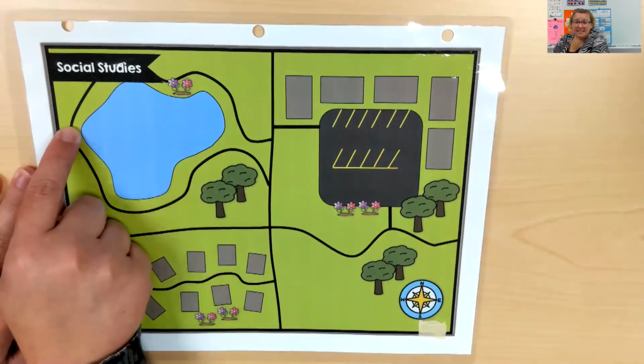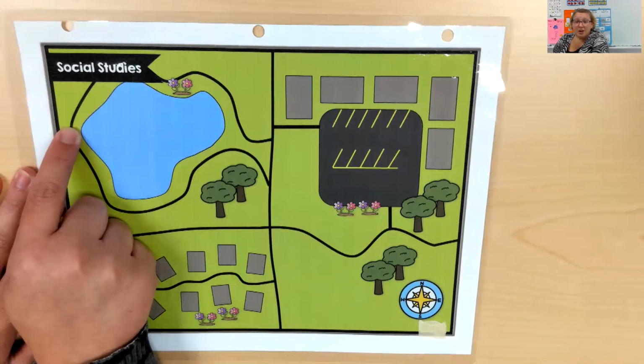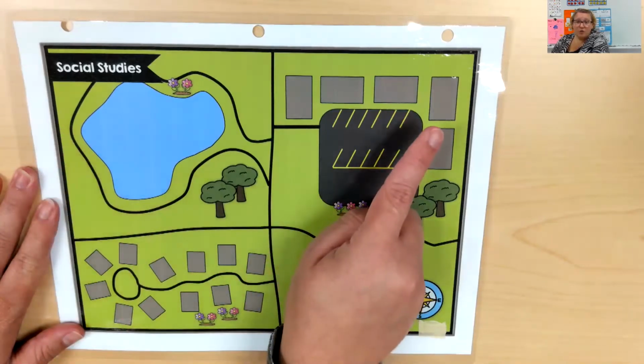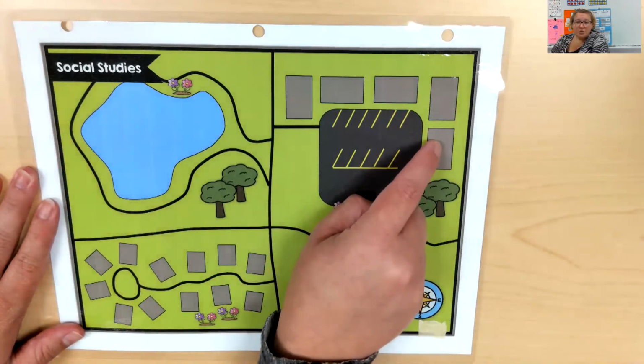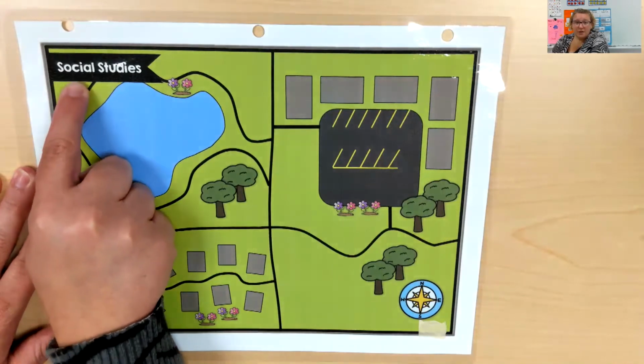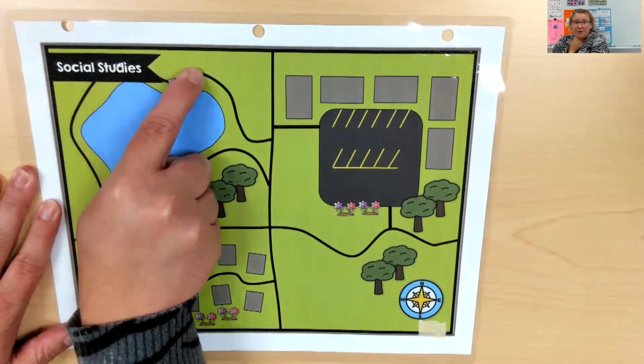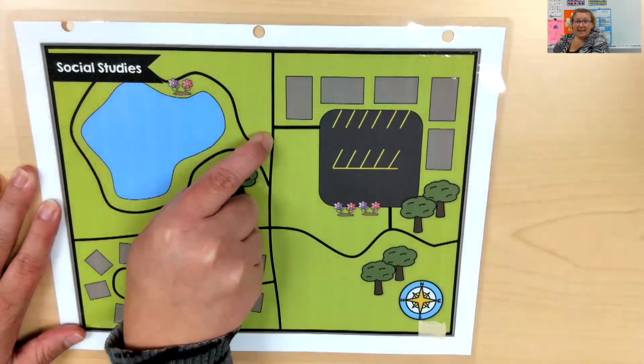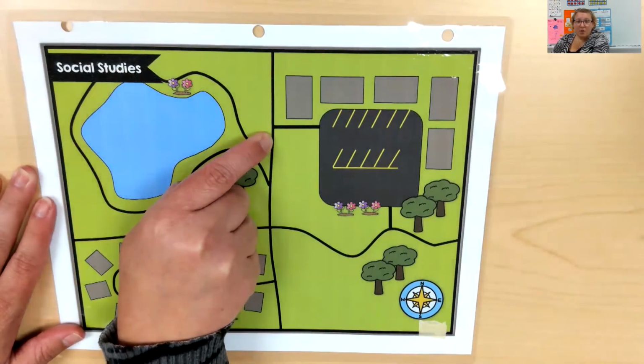Okay, now let's say that next we need to go to the store. Now remember, what were the buildings on the map? The big gray rectangles were the buildings. So we're going to pretend that we need to get over here to this store. Now we're here at the lake and it's time to go to the store. I'm going to continue going north and then east on my road. Now, when I get here, which way should I go to get to the store?